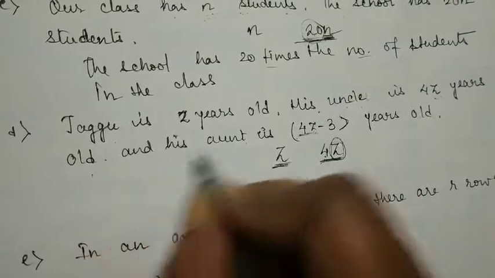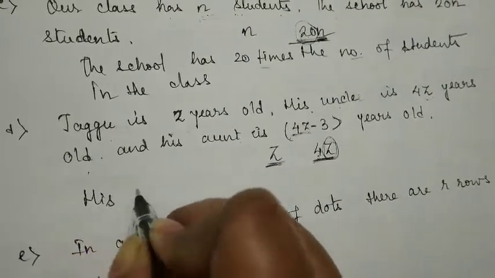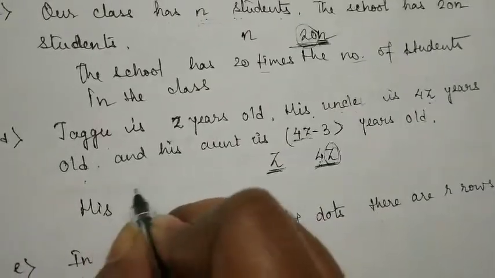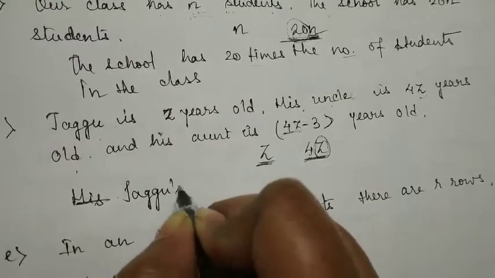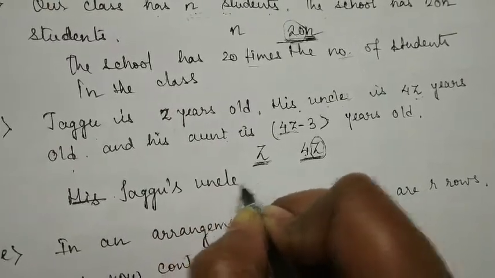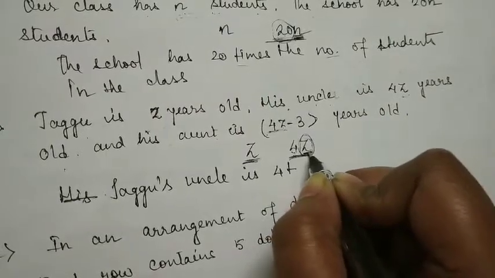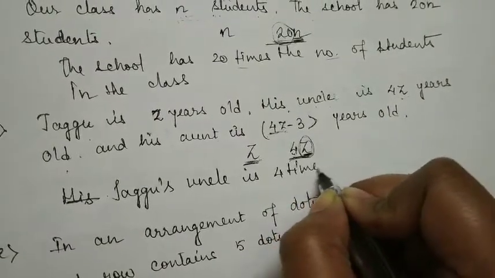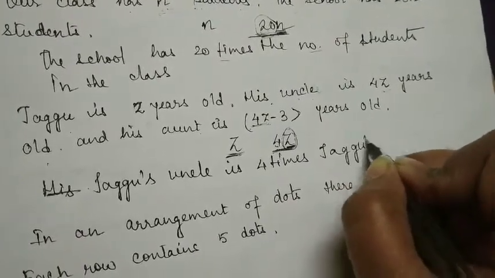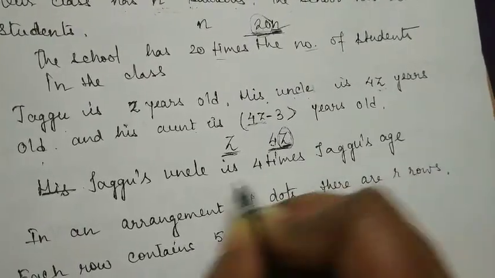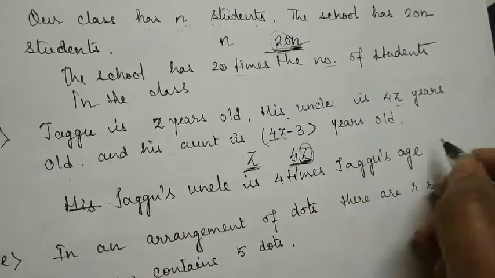In the first part, we will write Jaggu's uncle is 4 times Jaggu's age, because Z means Jaggu's age. Jaggu's uncle is 4 times Jaggu's age, and